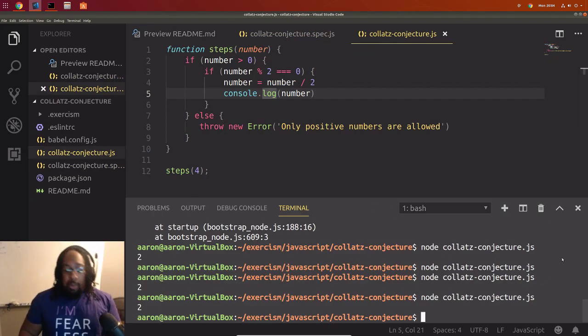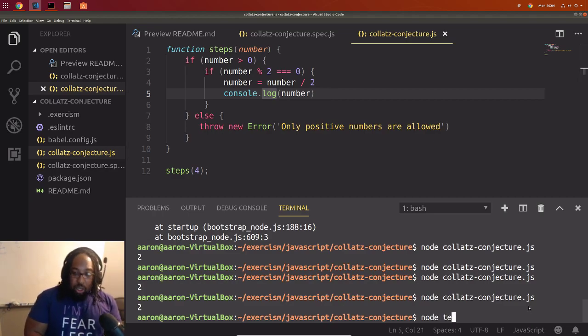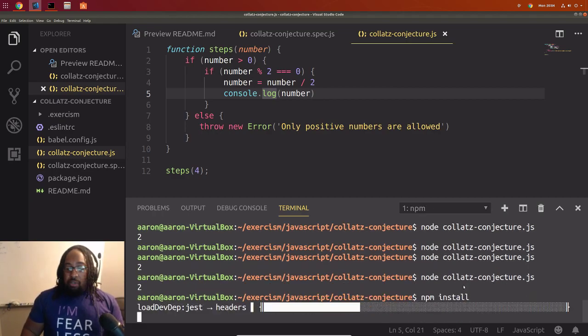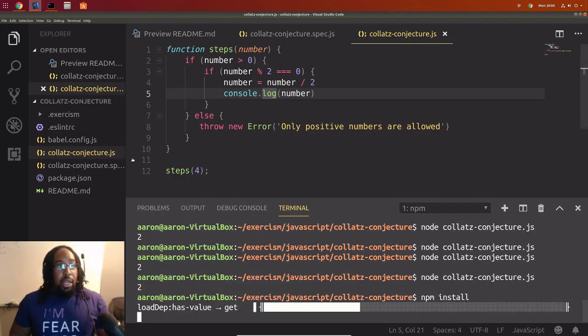Actually, first, let me show you what happens when you run a test. So we haven't written any code that actually solves anything that we need to do for a number of reasons. But you can run. First, I need to install the packages. So I'm going to run npm install. This will install the testing frameworks and things that we need that are in this repo. I'll give that a second to install really quick.